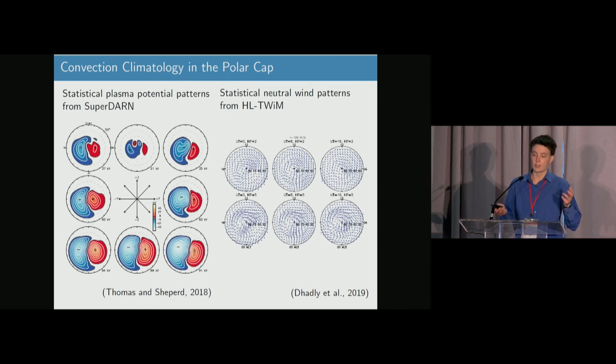Specifically, if we look at that in comparison with neutral winds. This is from the HL-TWIM model, which is an empirical model based on high latitude Fabry-Perot and, I believe, two satellite data sets. It specifically looked at collecting high latitude instruments, so it hopefully has a little more fidelity in the high latitude and polar region. You get some very interesting, complex dynamics there, but perhaps mostly still anti-sunward neutral flow. And when you start to have opposing ion and neutral flow, that's one of the prime conditions for heating events.